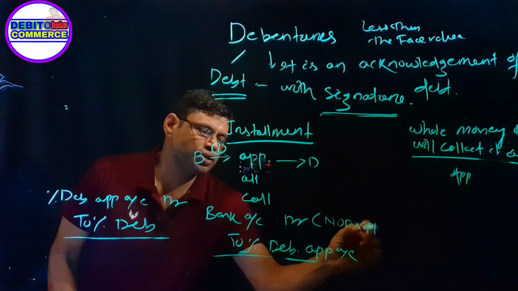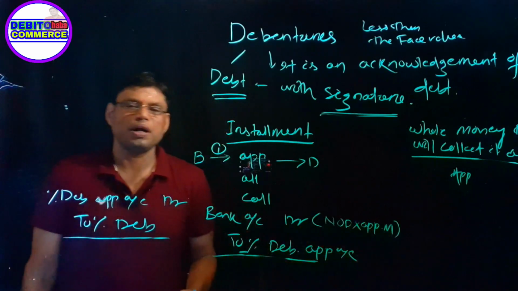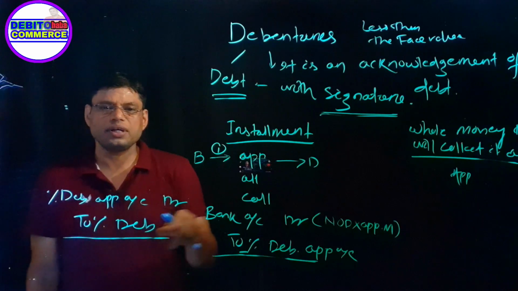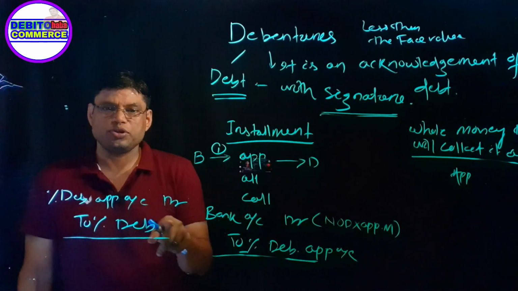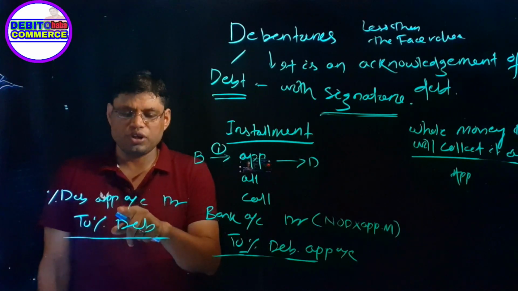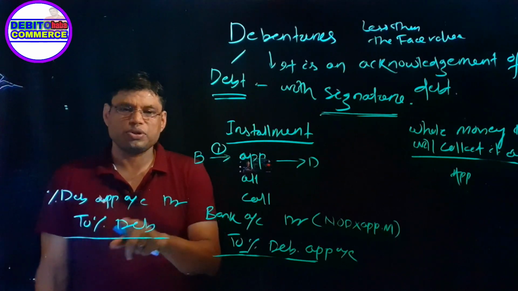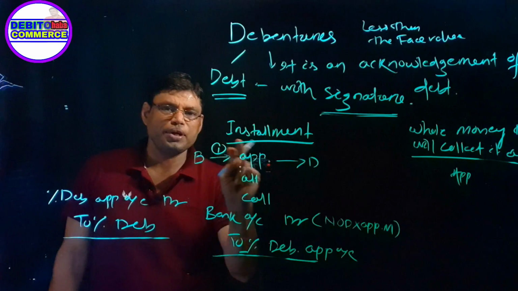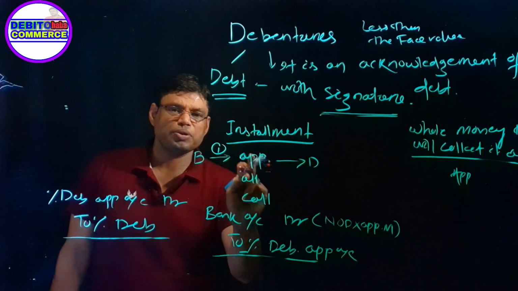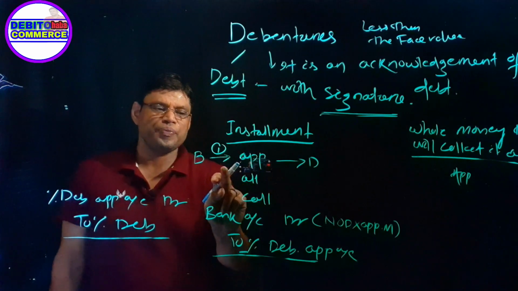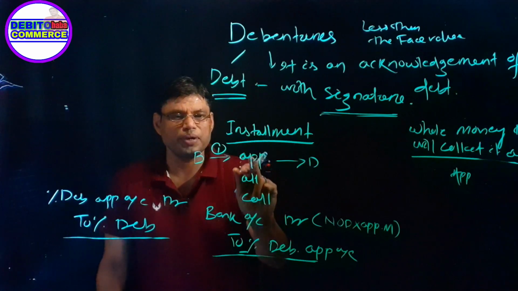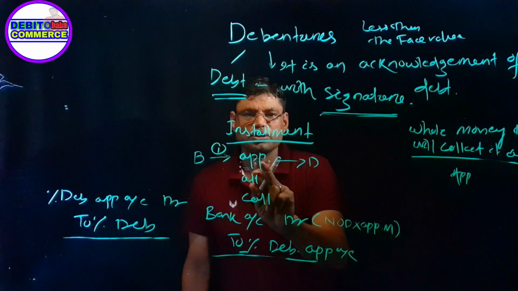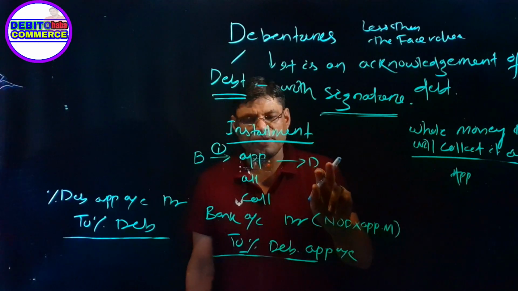into application money. Here the amount will be number of debentures into application money, right? Here we can transfer the collected money towards the dash percent debenture. So dash percent debenture application account debited to dash percent debenture. This is the second entry. That means bank account debited to dash percent debenture application is the first entry. The second entry will be the dash percent application account debited to dash percent debentures.